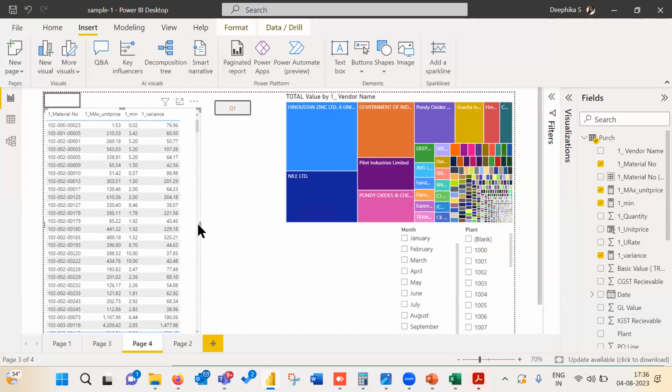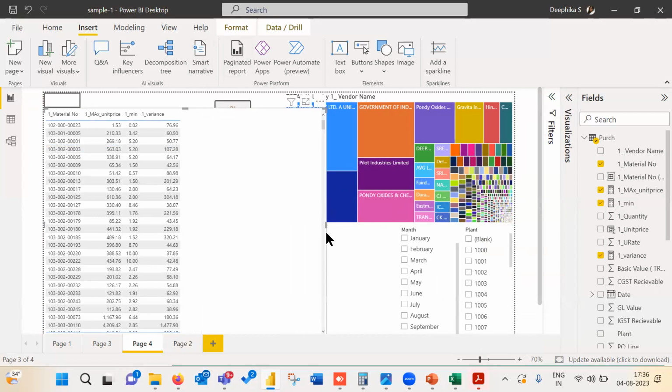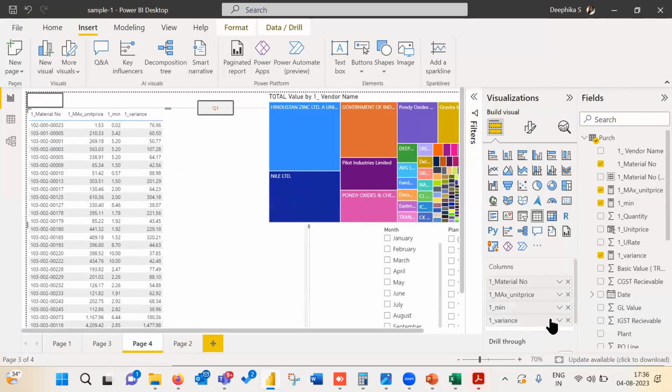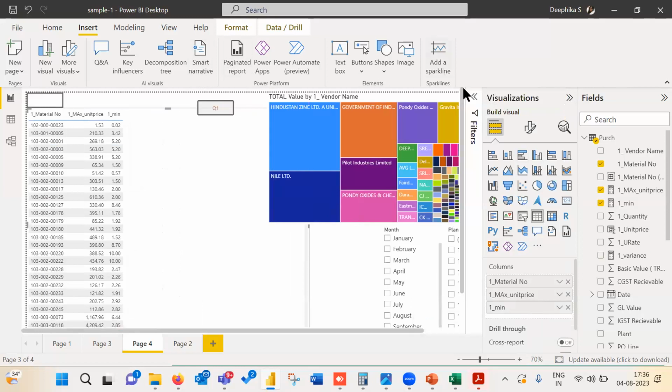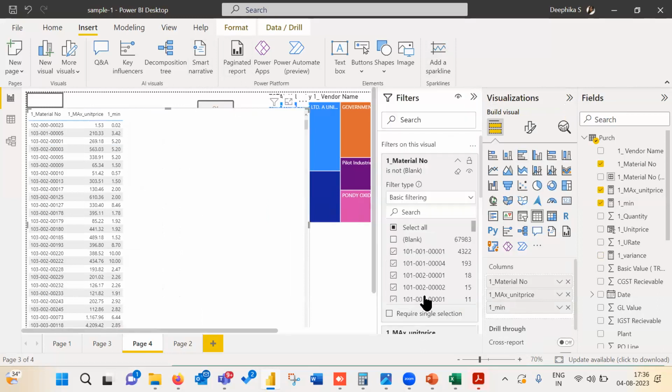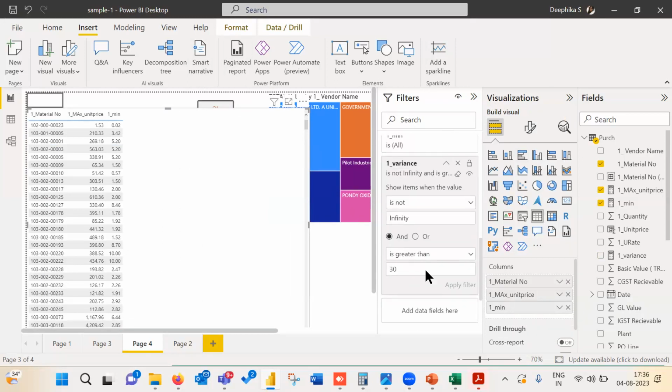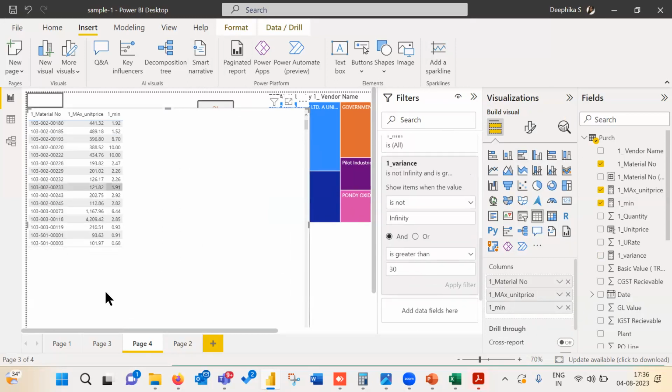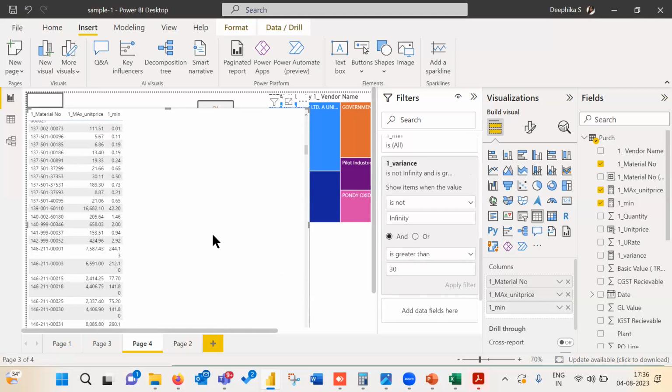Now let's say this chart, I will again make it into another type. Now I have variance in one column, but actually what I can do is remove it from this variance. Okay, I'll just press Control Z. Not working. Okay, I removed it. Sorry. Either way, I will put a filter on this visual variance. So now what happened? The same items are there, but I'm not having that column. Okay, I have two columns, but this parameter is there.